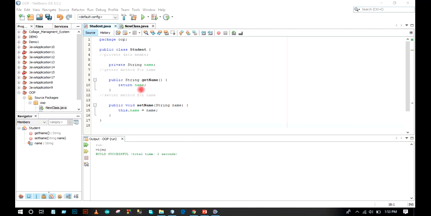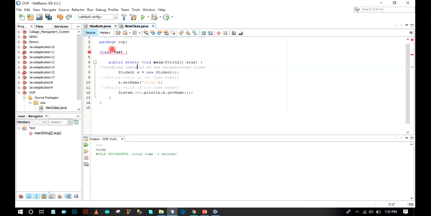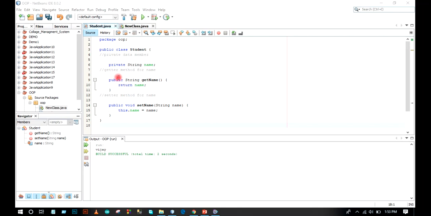We have already created a project. We created two classes in the project. There is a Student class, otherwise a new class. There is a class named Test, and there is a package named OOP, and a class named Student, and there is a variable inside the